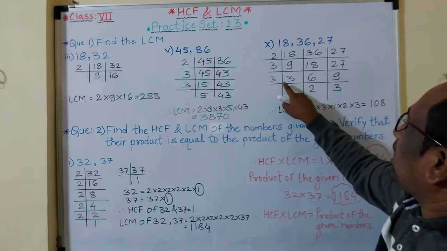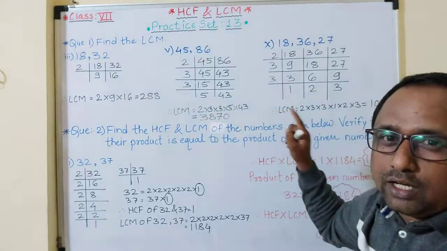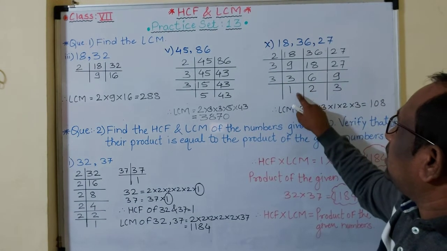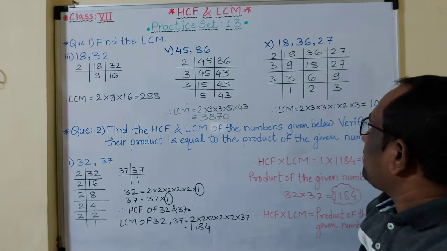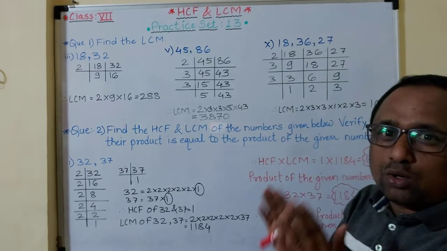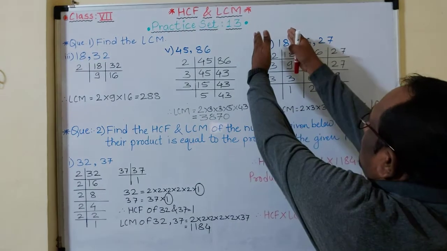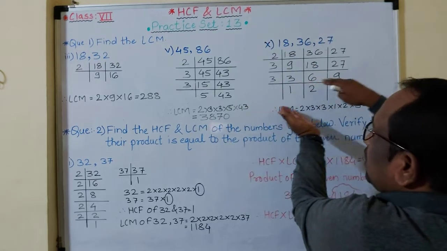Okay. Now again 3, 6 and 9. We know the divisibility test of 3, that you know. So these all numbers are divisible by 3. 3 1s are 3. 3 2s are 6 and 3 3s are 9. Okay. Now again what I told, when we have to write the factors, then take whatever numbers are in the column, multiply the last row.